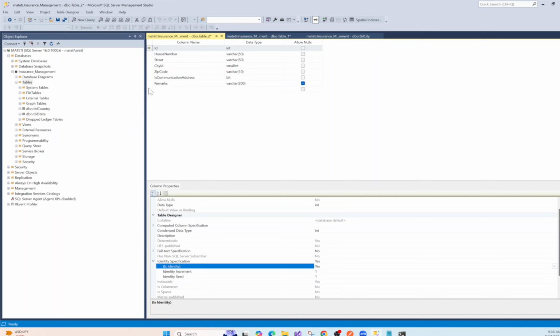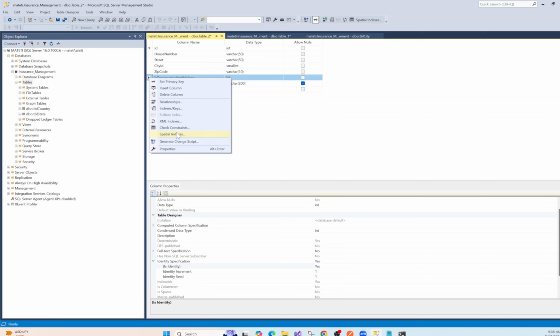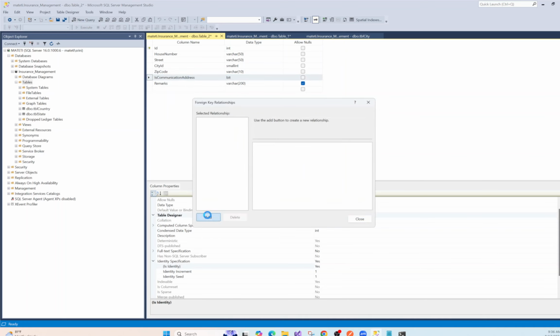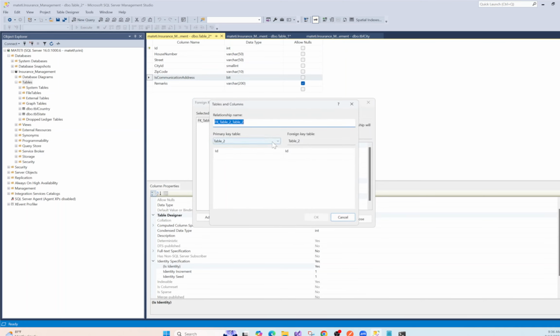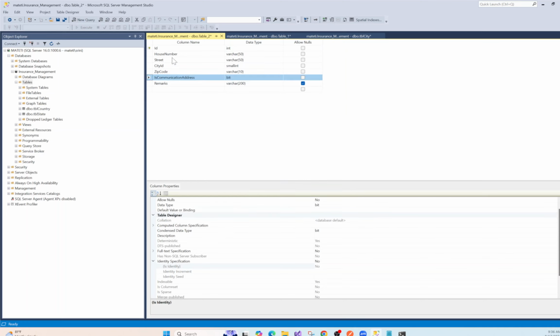Yeah, it's S. And now I want to create a relationship between country and state and this table. So add new tables. The primary table would be city and the column would be ID. So in the current table, it will be city ID. Okay, and where is the save button? Yeah, save it. So it's TBL